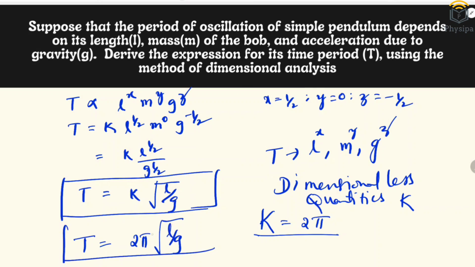The dimensional analysis can only give the relation among the physical quantities but not the constant terms, that is the dimensionless quantities. Okay, this is the way to derive the relationship among the physical quantities based on